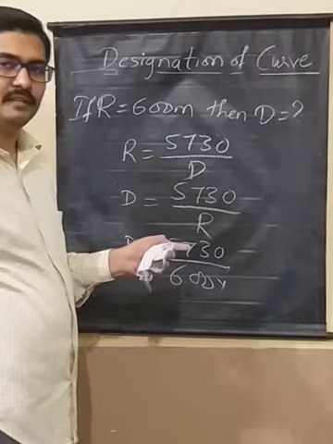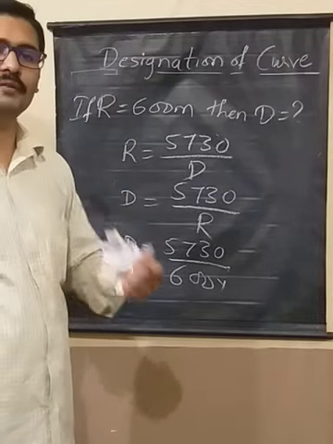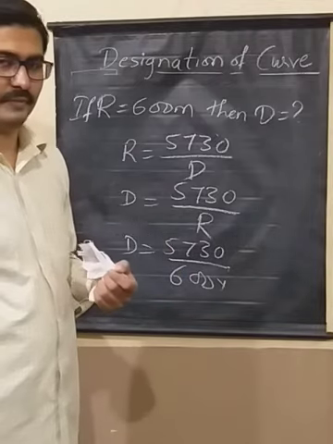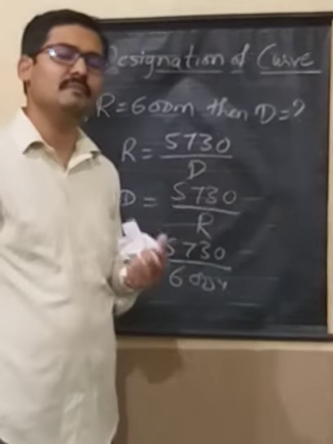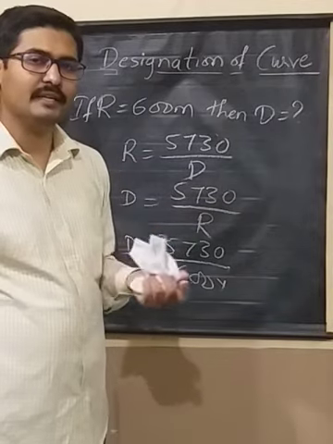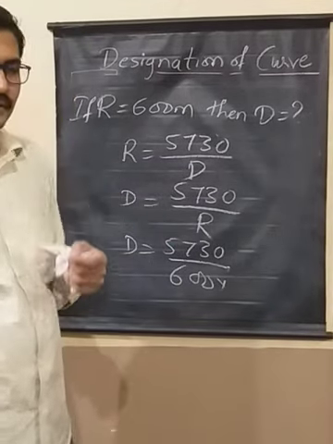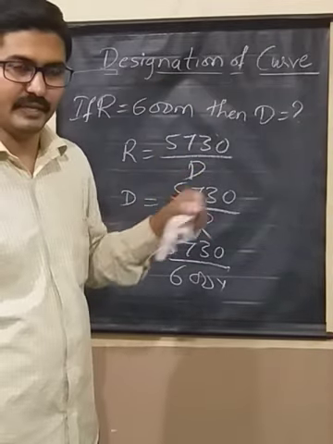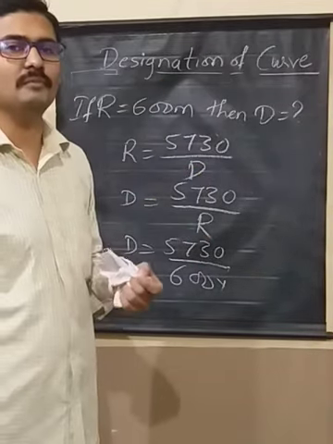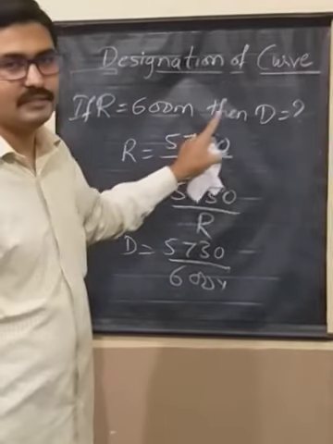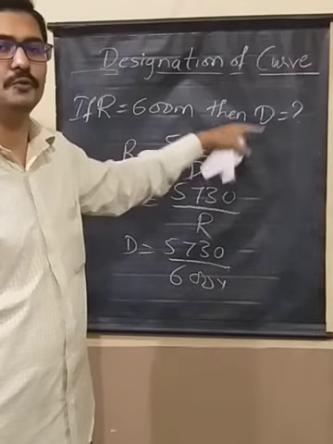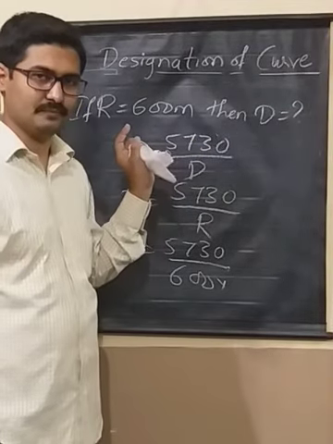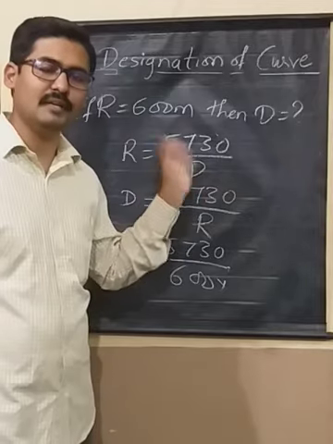I hope this is clear. So this is how you are supposed to calculate the radius and degree of the curve when the other one is given to you, right? Similar problems will be asked in your examination to calculate degree or the radius, or sometimes they will give you data where conversion is required. As a preliminary step to solve that problem, you may be required to convert the one which is given in degree to radius, or the one which is given in radius to degree of the curve, right? I hope this is well understood.